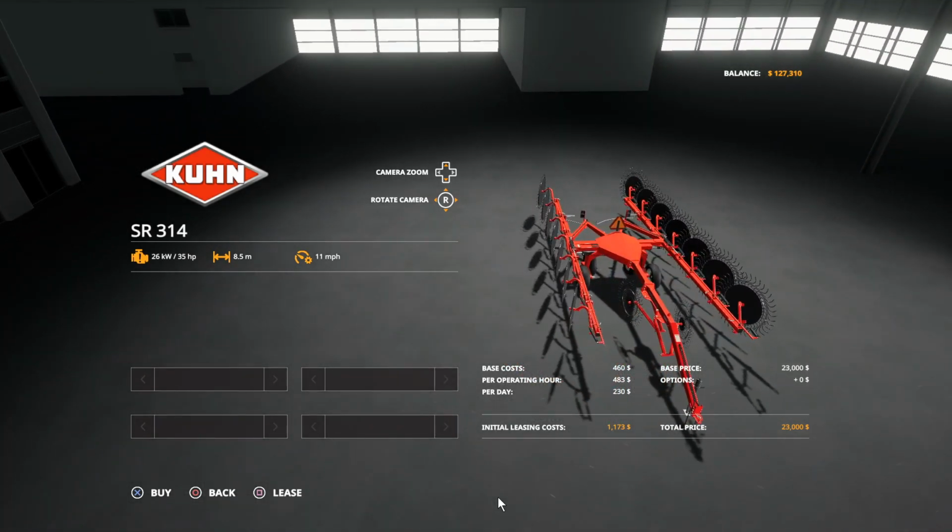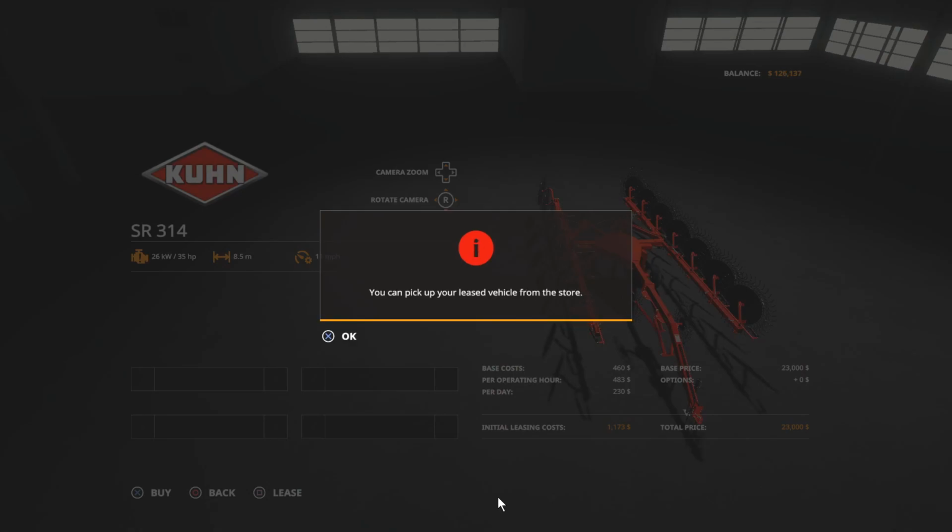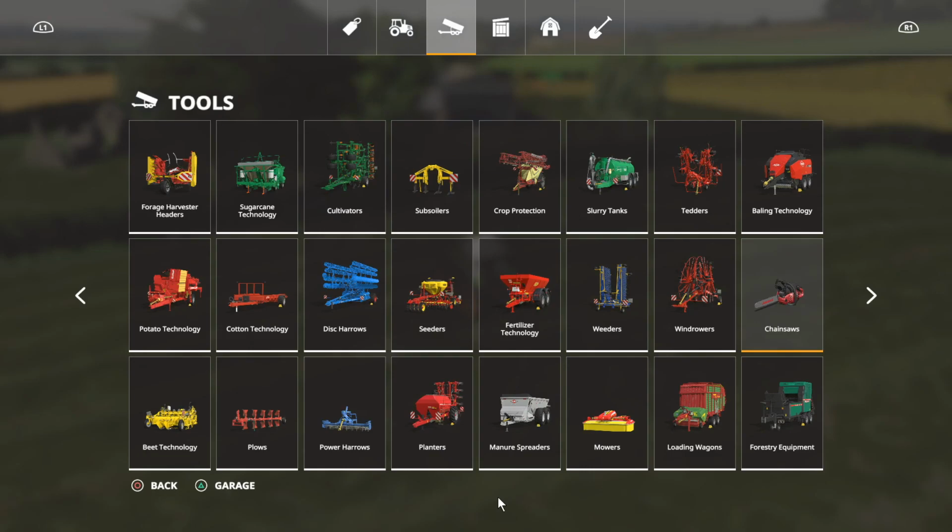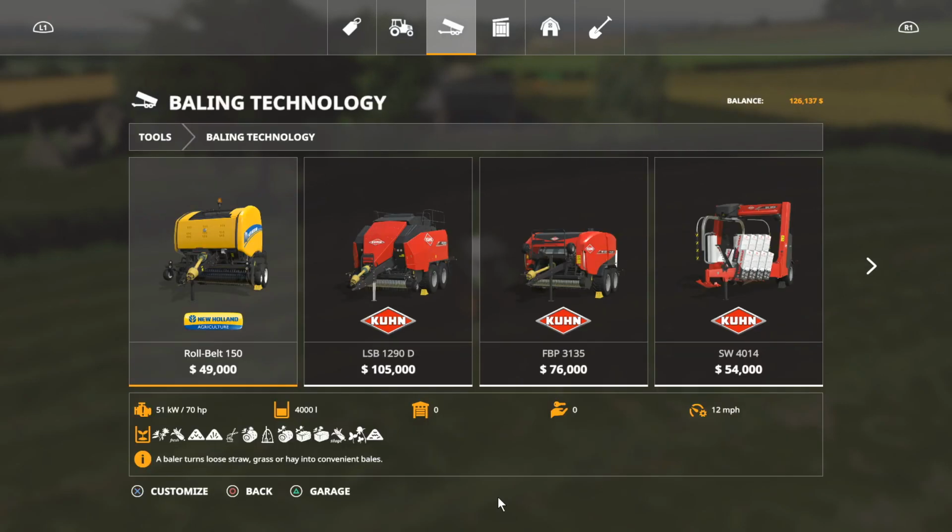You know, I don't know that I've ever used this one, so let's try it. What the heck? Let's lease it. All right, we'll do that. Now we need balers. Baler. There we go. So we can rent